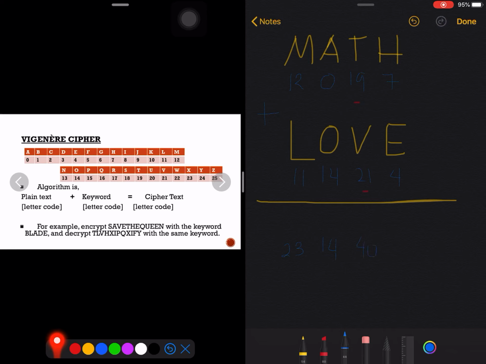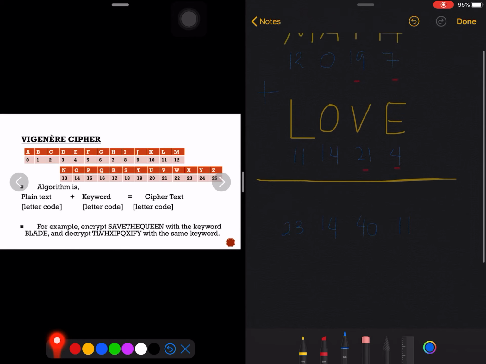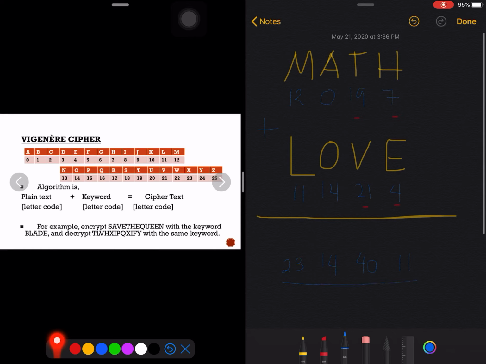And lastly, 7 plus 4. That's 11. Now, before you get the letters of our ciphertext, make sure, guys, that the numbers here are less than 26 so that we can get right away the letter codes. In the event that they are less than 26 and positive, right? There are times that we can have negative answers here as well. So, positive and less than 26. In the event that they are still not